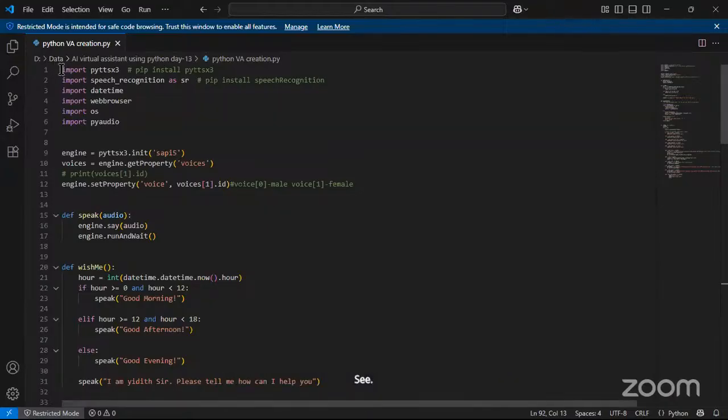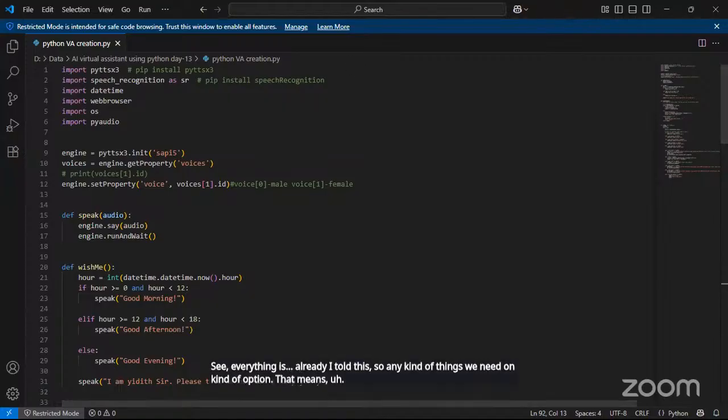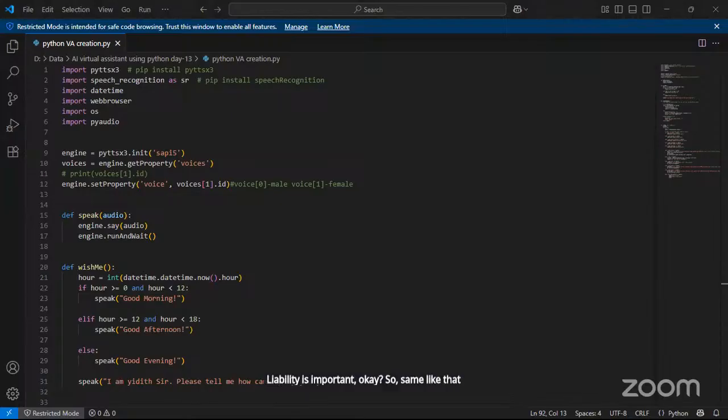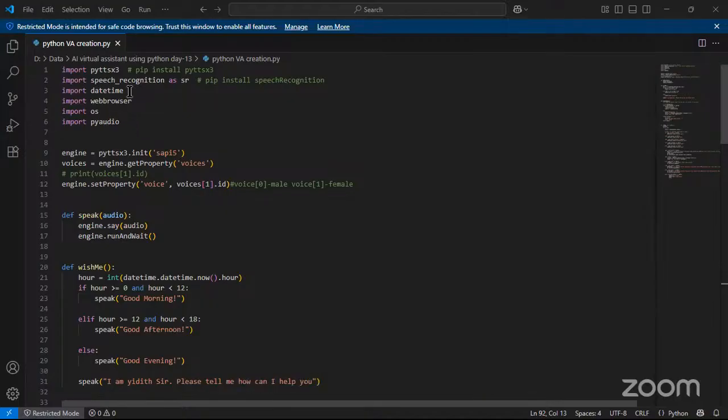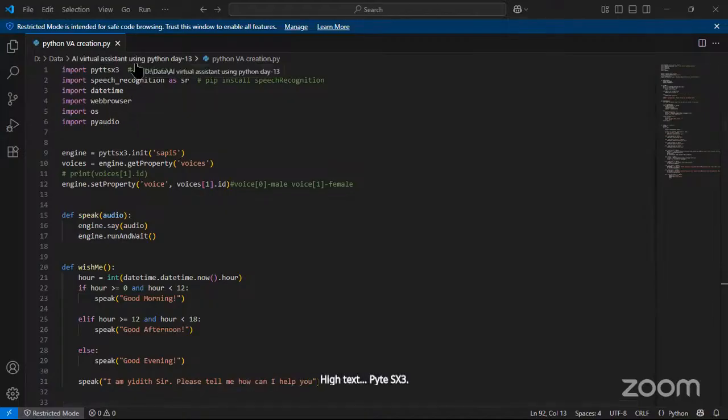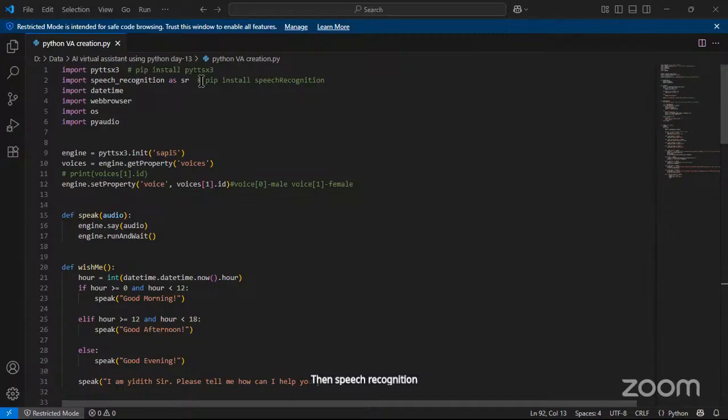Okay, first we can start one by one. For any kind of thing we need libraries, which are important. Same here, we need some things. That is pyttsx3, which is for voice generation, generating the voice for our system. Then speech recognition is for understanding our audio, our human voice, by the system. Datetime is for the current date and current time. The webbrowser is included to connect with a website. And os is to connect with our local system.